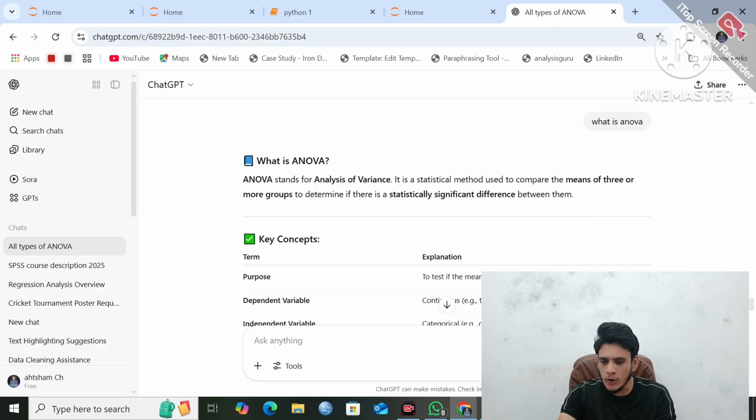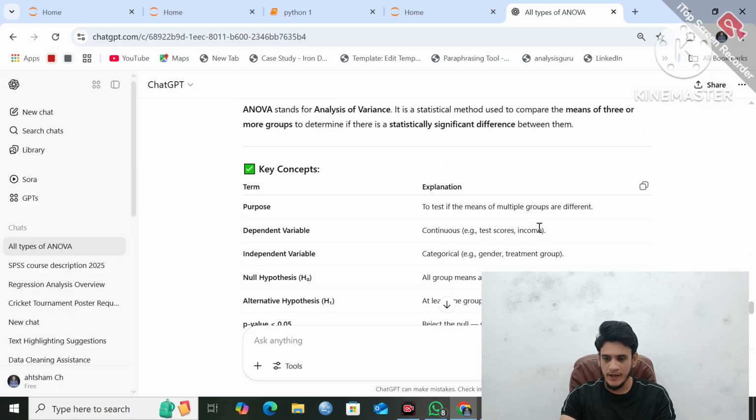So guys, ANOVA stands for analysis of variance. It is a statistical method used to compare the means of three or more groups. When we have two groups and want to compare the means, we perform a t-test. But when we want to compare the means of three or more groups, we use ANOVA. So the purpose is to test if the means of multiple groups are different, and in ANOVA we place